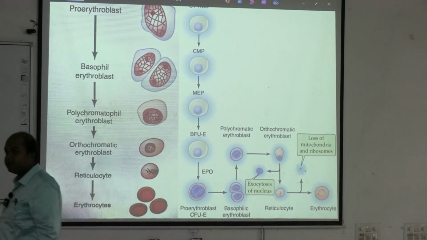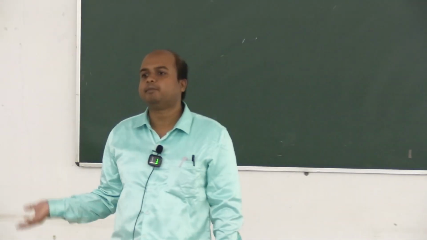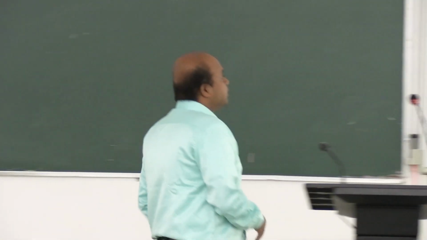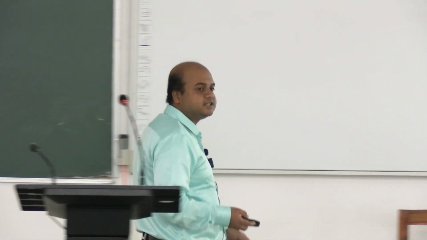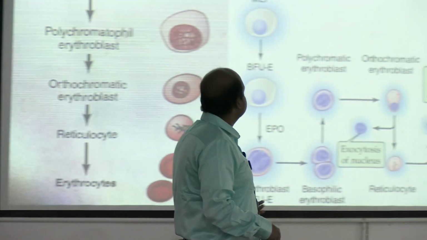This is about the various stages of the red blood cell. So the first stage is the pro-erythroblast. Blast means precursor cell. For the red blood cell, the precursor cell will be called the erythroblast. So the first stage is pro-erythroblast. Next is the,